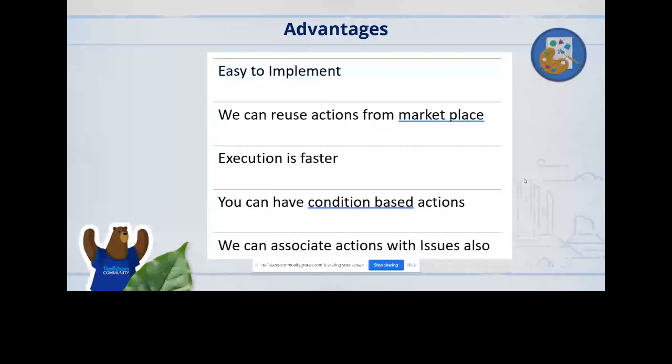And you can also have condition-based execution. For example, in the previous case, if the PMD validation was a failure, I can stop my pull request creation. So those kind of condition-based actions you will be able to do. And Jira integration is also possible. And the other thing is, if you want to have test scripts like Selenium-based scripting or some other automated scripting you want to execute as part of this process, you can integrate that also. I guess those are through some webhooks. Webhook actions are available. I have never tried it out, but it is really feasible.